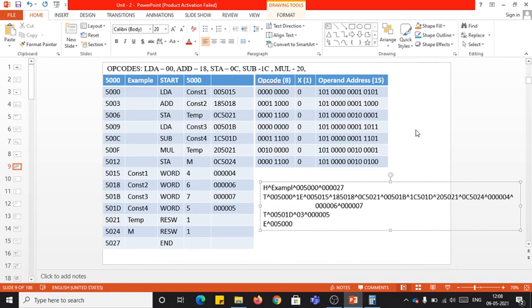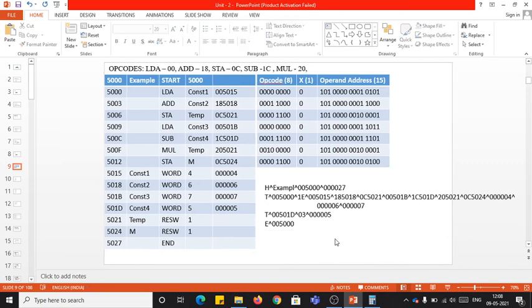So you should not exceed 69 as well. So I will be putting this next object code in the next text record.